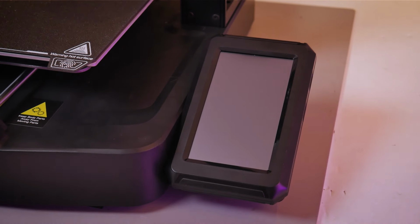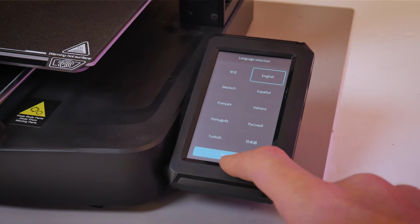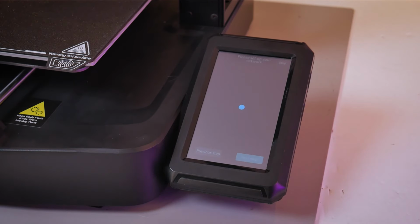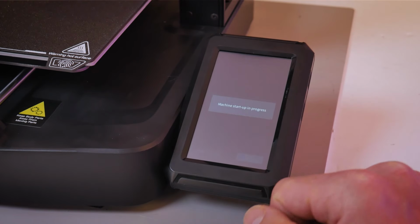Now we can get our new printer set up, so we'll power it on with the power switch at the back, and we're greeted with a nice brand new Creality splash screen animation. It'll prompt us to select our language, and then we'll be walked through a series of other setup prompts. You'll have to agree to some privacy policy. You can set up your Wi-Fi password, your time zone, and all of these typical settings before getting into the